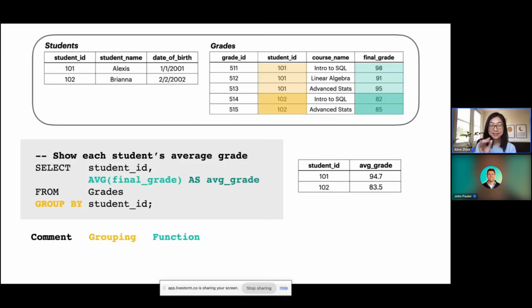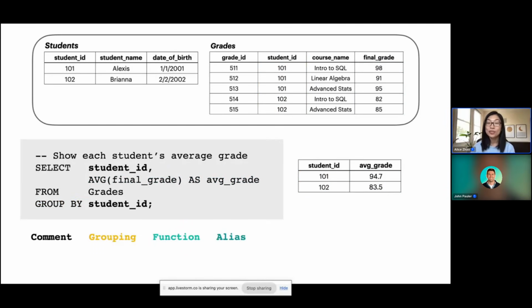And then finally, this part that goes right after that average final grade, it says as AVG grade. What it's doing is creating the name for this column. It's calling it AVG_grade. And this part is called an alias. That basically allows you to rename columns in your output. So we just went through these 4 concepts, and all of them are important when you are doing a group by. This allowed us to take student 1, calculate the average grade, student 2, calculate the average grade, and then rename that column as AVG_grade.